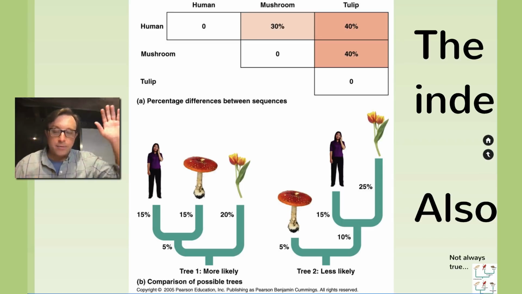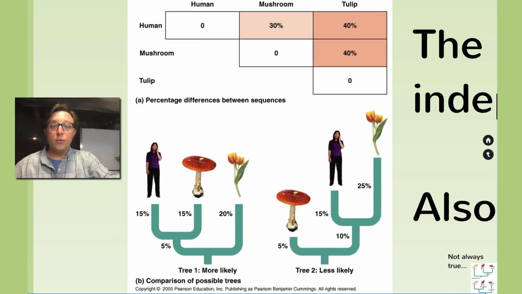And then the plants go up and accumulate another 25% mutations, and then they're done. Too many things going on there. A really complicated explanation of why all these mutation rates are different. So the simpler explanation is generally the correct explanation, unless we have lots of other data to support the